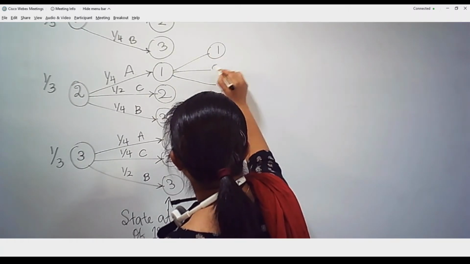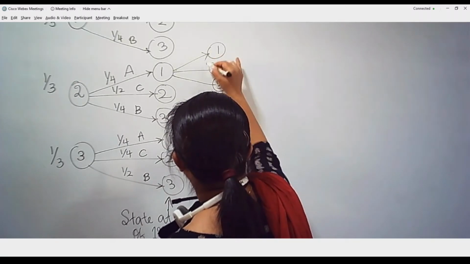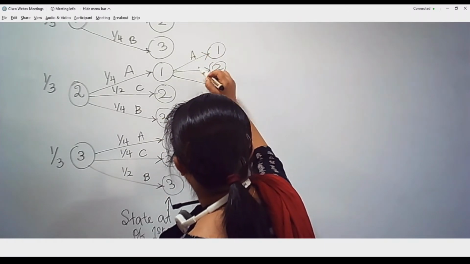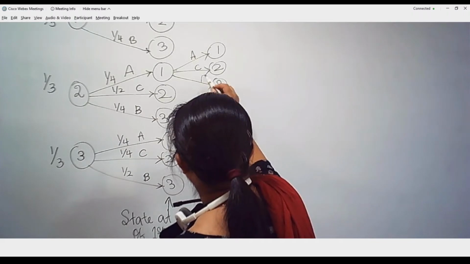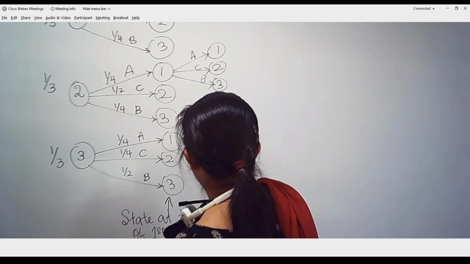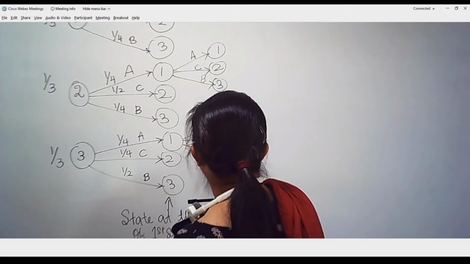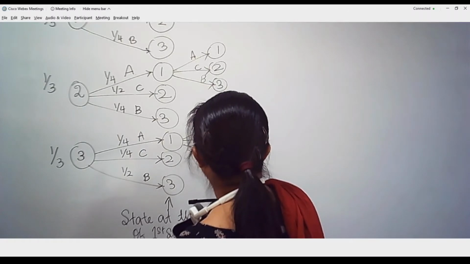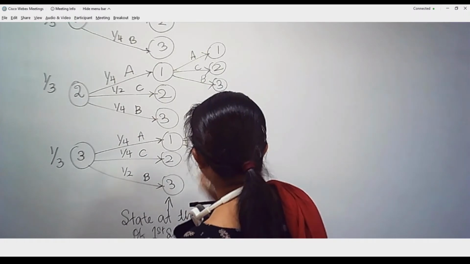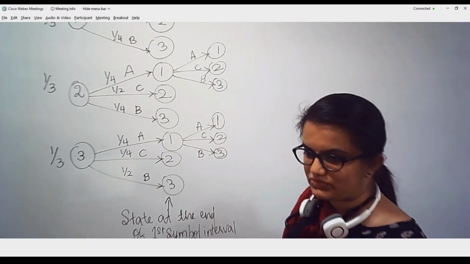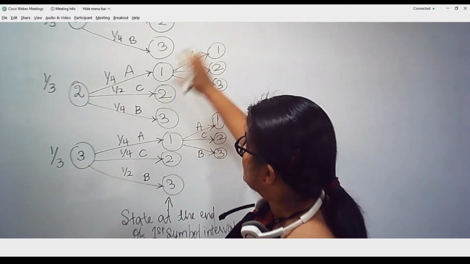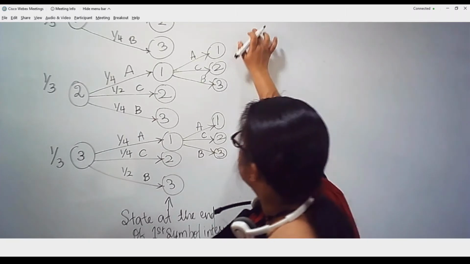here. So again I have a probability that I can move to one of these 3 states. So again 1 to 1 if I move, I get A. 1 to 2 if I move, I get C. 1 to 3 if I move, I get B. Here again 3 to 1 if I move, I am going to get A. I am going to extend this to the next 3 states, that is 1, 2, 3. If I move from 1 to 1, I get A. If I move from 1 to 2, I get C. If I move from 1 to 3, I get B.